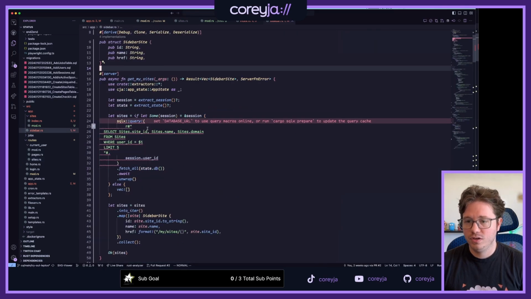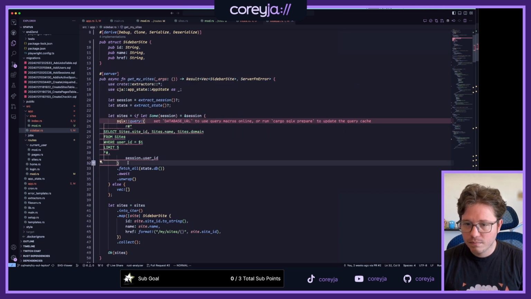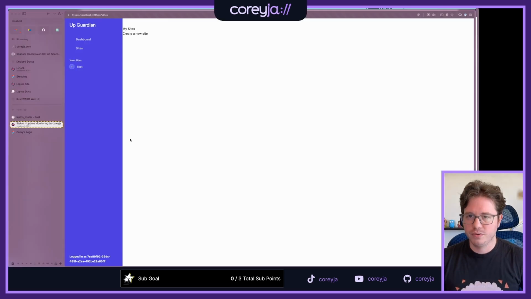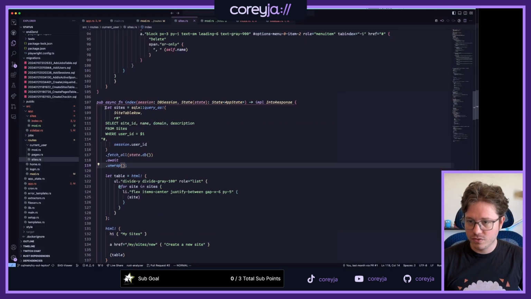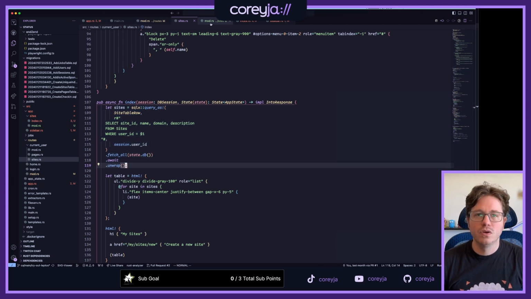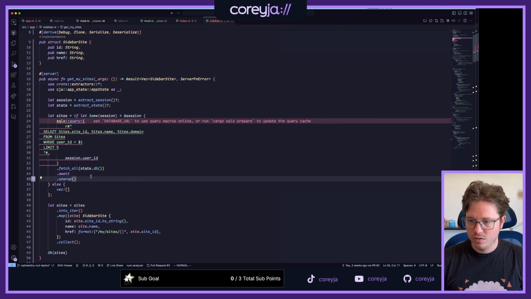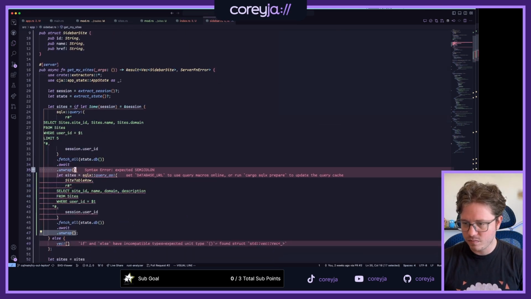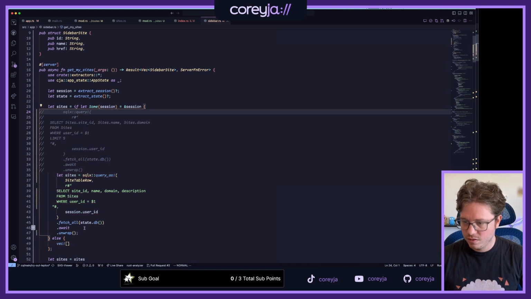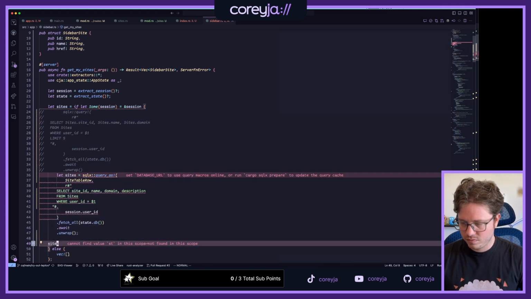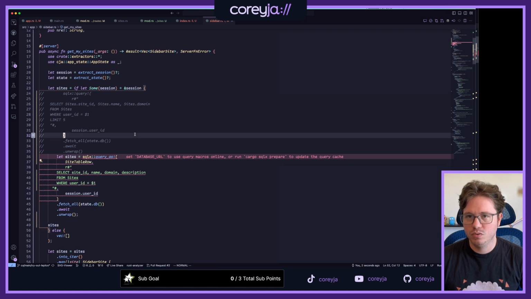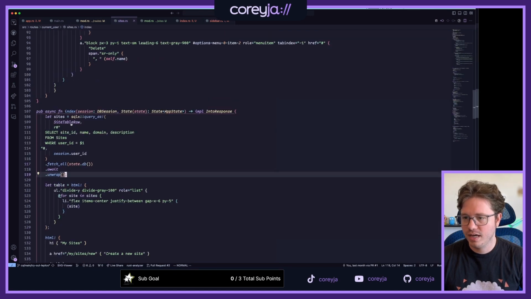So, sidebar here: ID, name, domain. I don't even know what I copied. Did I do this whole thing? Let sites equal, yeah, okay, from the sidebar. Okay, something like this. We query it as a site table row, but I don't have that here, so I can find that.